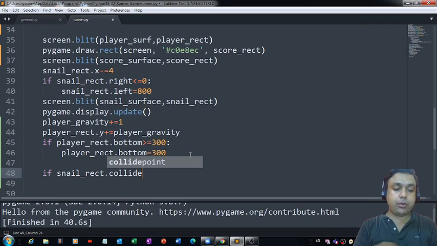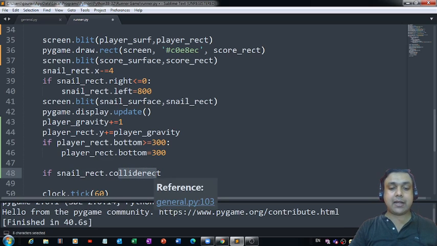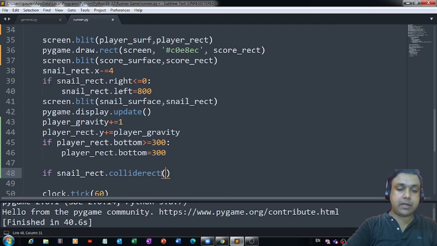I have told you about this function in the lecture in which we designed the Flappy Bird game. With the help of this, you can check the collision happening between two or more rectangles. So if at any point of time the snail's rectangle collides directly with this player's rectangle,